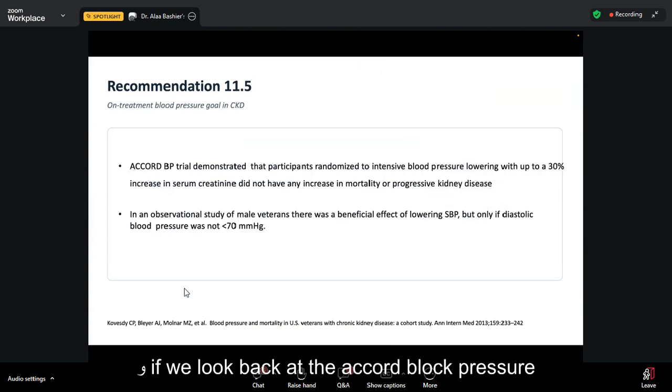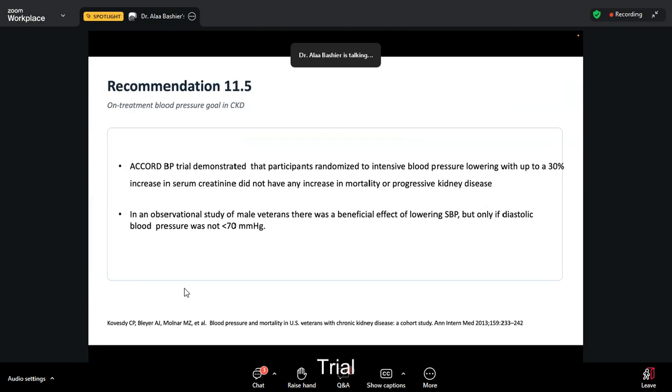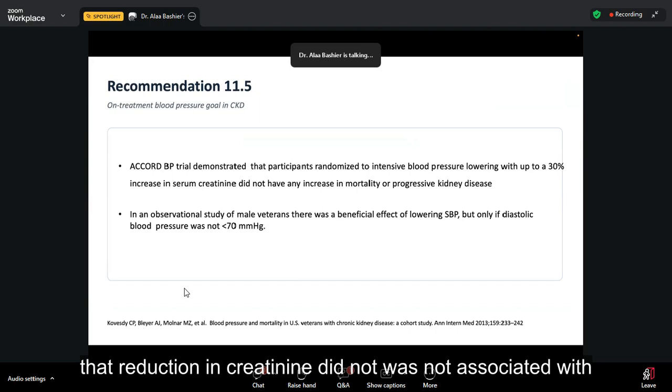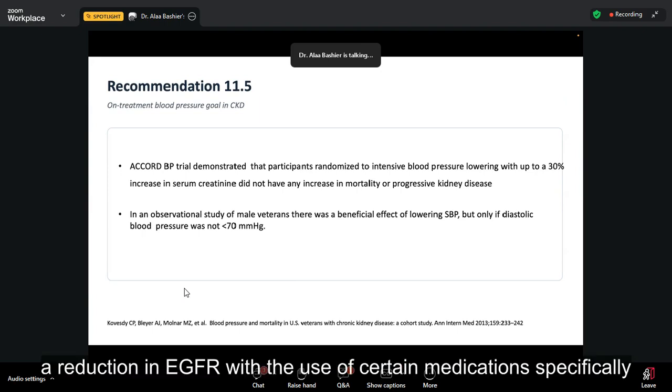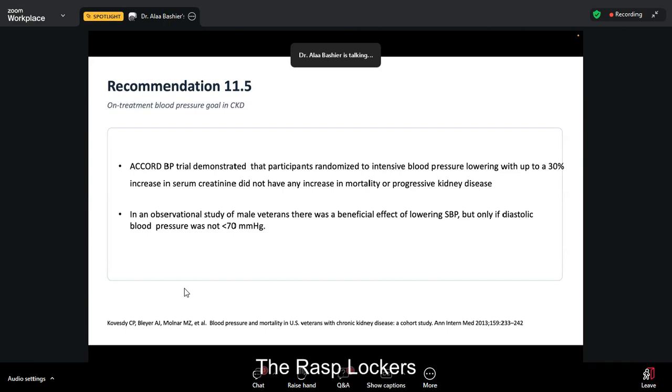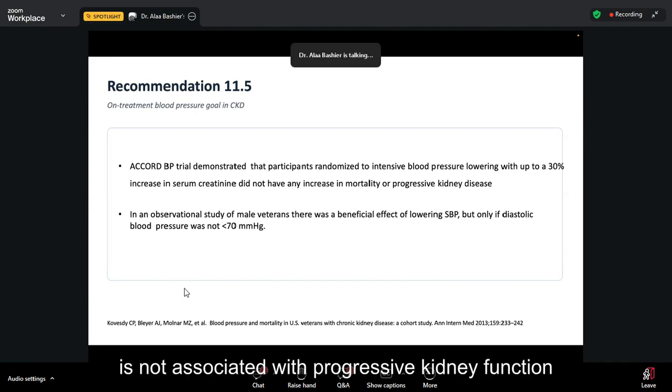And if we look back at the ACCORD blood pressure trial, it has demonstrated that participants who underwent strict blood pressure control, that was also because of use of ACE inhibitor, had up to a 30% increase in serum creatinine. That rise in creatinine was not associated with progressive kidney disease. So a reduction in eGFR with the use of certain medications, specifically the RAS blockers, is not associated with progressive